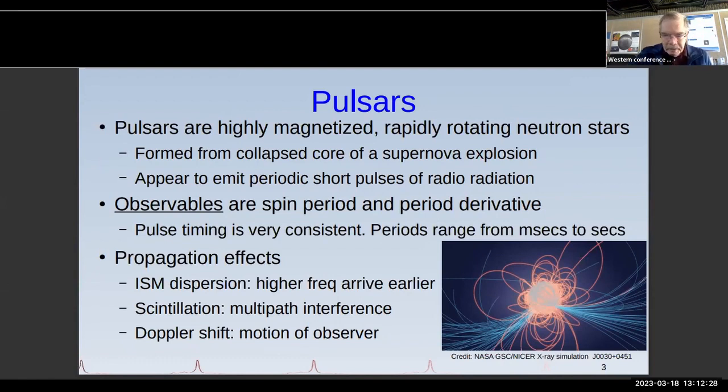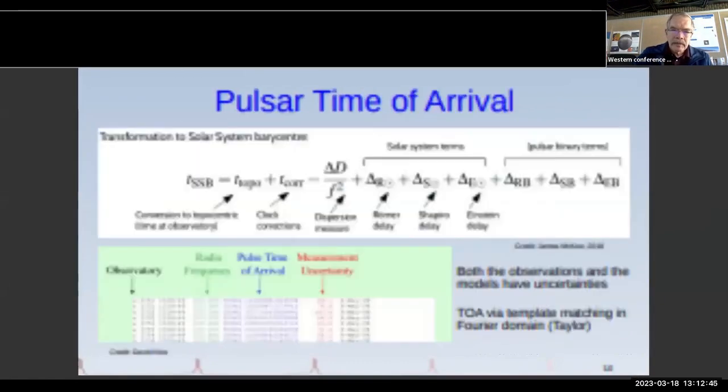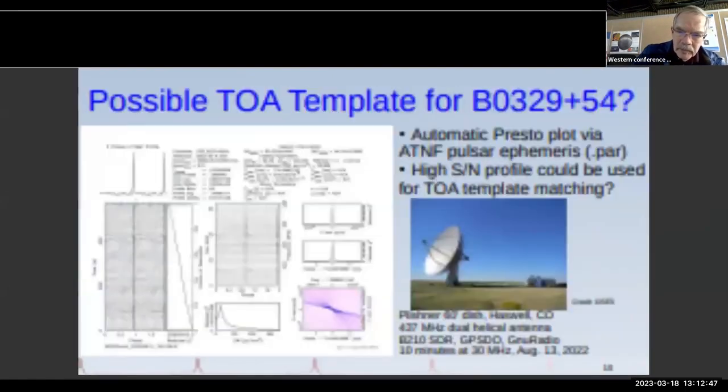They're in phase, indicating they're at the same height in the magnetosphere. So all I was going to say about that is they're much like FRBs for pulsars. There's a lot that's unknown. It's still a mystery how the magnetic fields can generate these, and some of the things that go on there. So back to where I was,